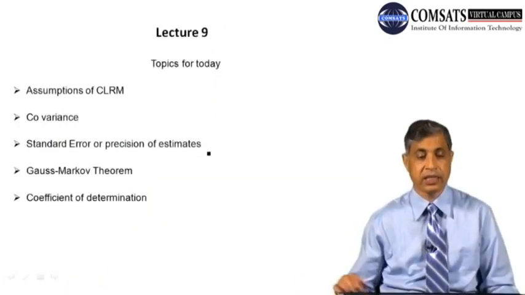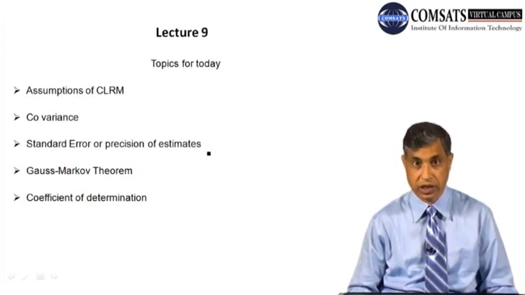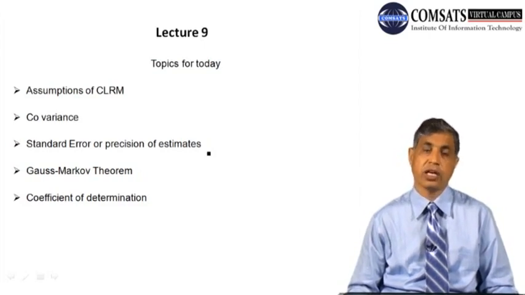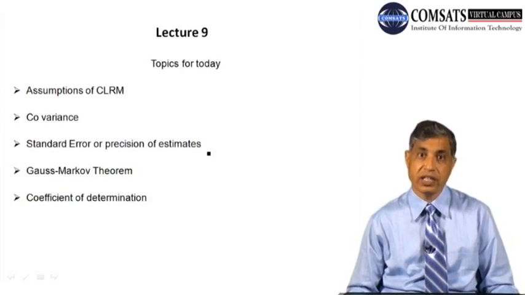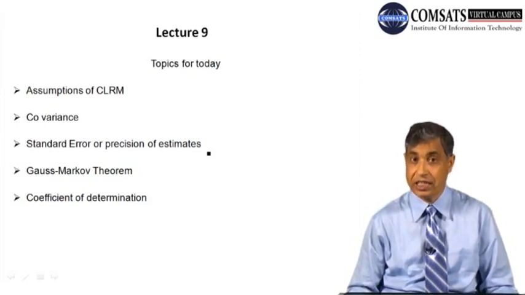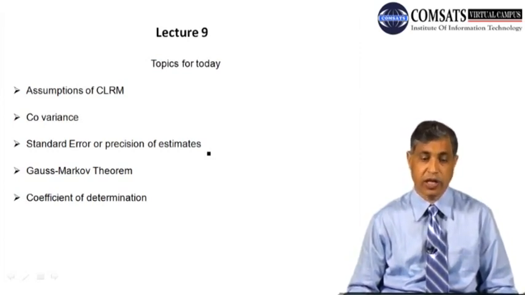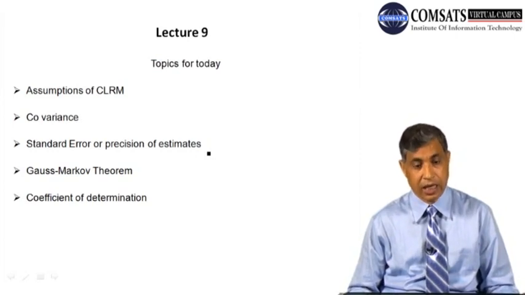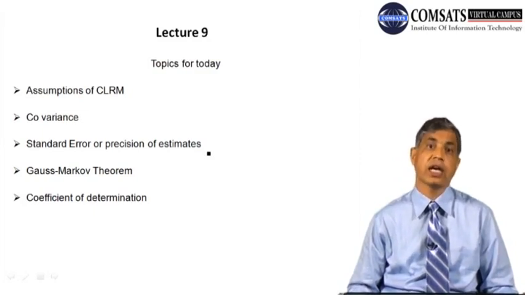I would just like to start from today, with what we are going to cover, and today we are covering a lot of areas. The first one is the assumptions of the classical linear regression model. As you know, yesterday we started this topic, and if I can trust my memory, we completed up to 3 or 4 basic assumptions of the classical linear regression model. After this, we will be talking about the covariance of the parameters, beta 1 hat and beta 2 hat. Then we will be talking about the standard error or precision of the estimate,